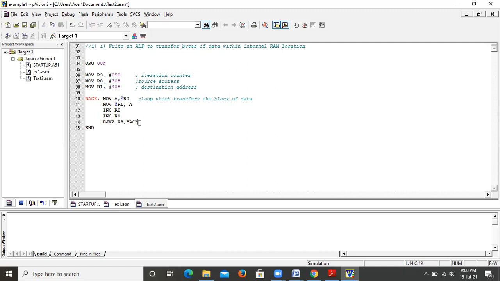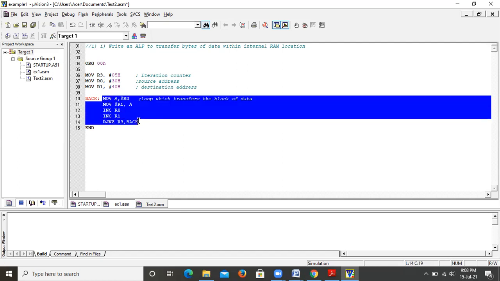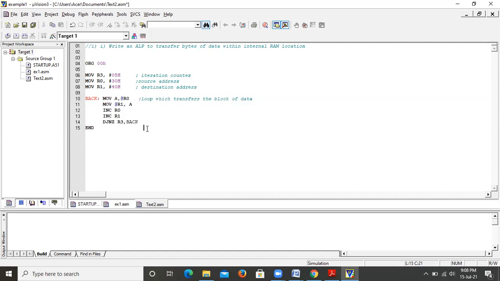So until R3 becomes equal to 0, that is until 5 iterations, this loop will be executed, and after the end of this loop, we will have all the 5 bytes of data from the source present in the destination. So DJNZ R3, back, the label back is written to the first instruction in the loop.